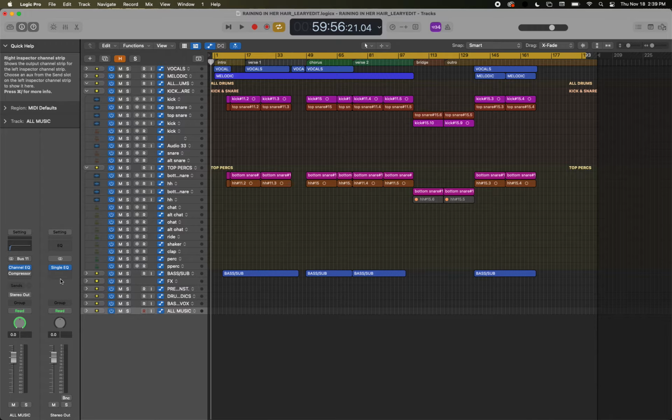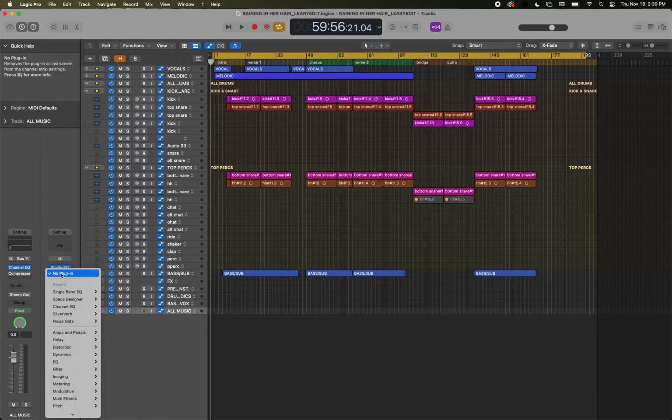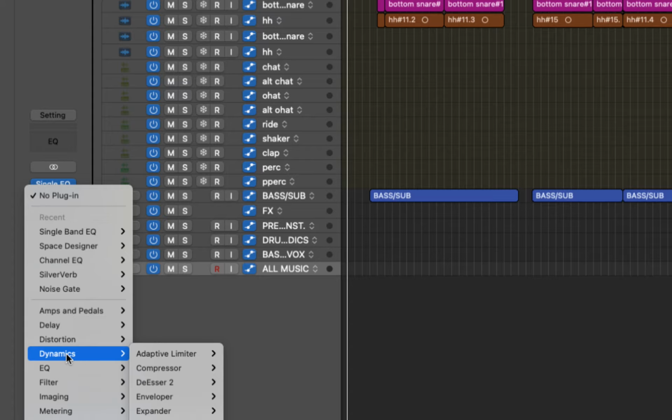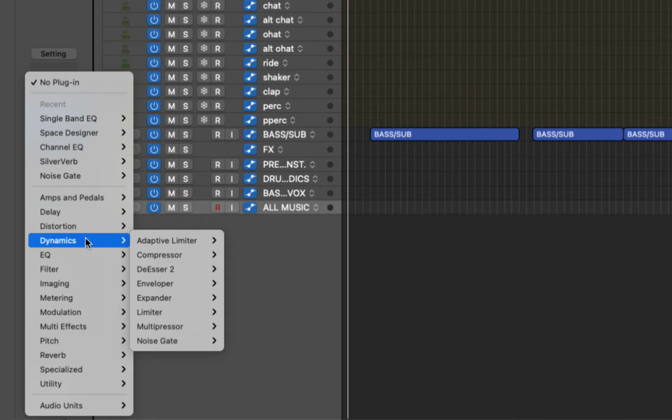And then we're going to do one other thing. I'm going to go to Dynamics. Sorry, Dynamics. Adaptive Limiter, stereo. And the adaptive limiter is going to go right below the channel EQ that you just put in. So that's going down to 20. Oh, wait. No, sorry. That's the wrong one. Right, so once I open this,